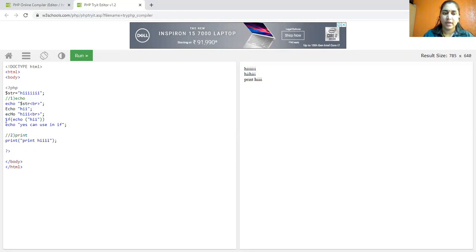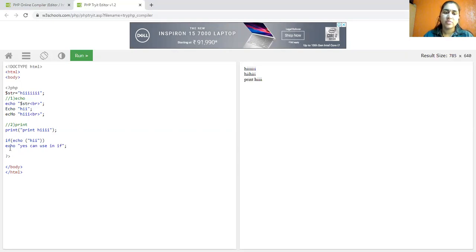I'm going to check whether we can use echo in an if statement or not. If echo displays hi, it means some value is there, so it should return true, but echo is not returning anything.